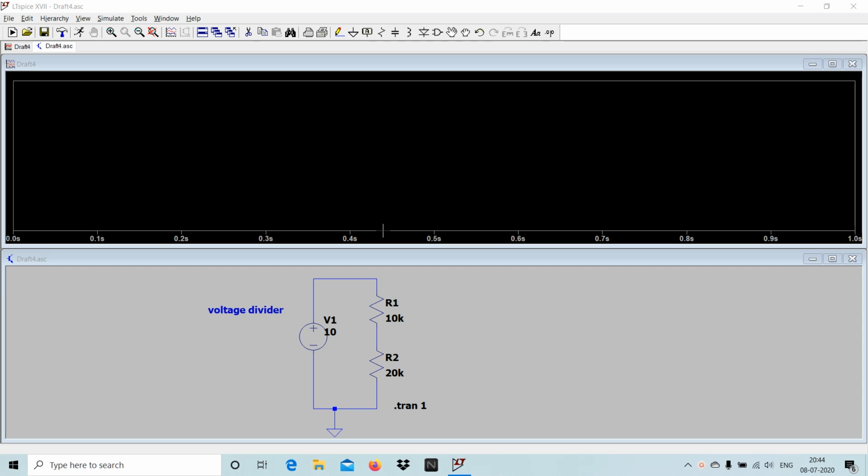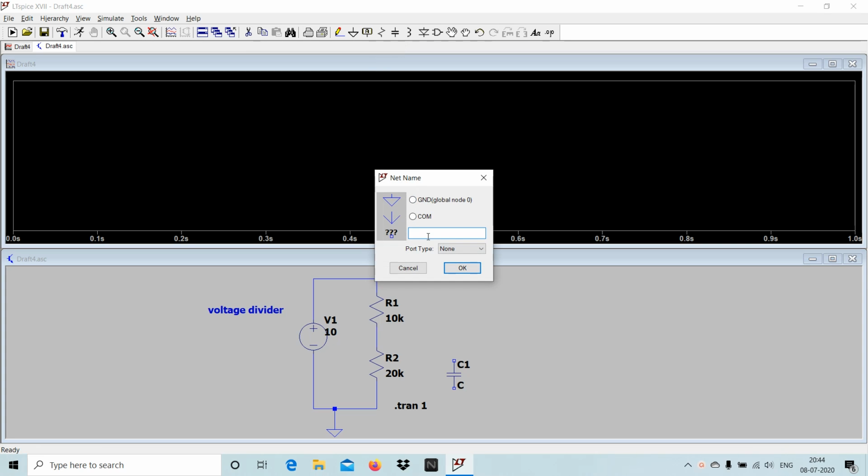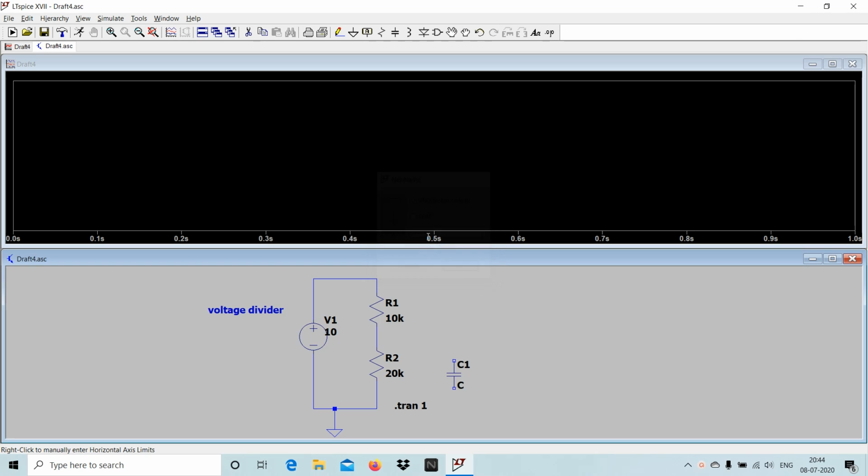What I am going to do here is add one capacitor, and I am going to click label net. If I click label net, I will give the name output. Then I will connect here, then press the escape button.